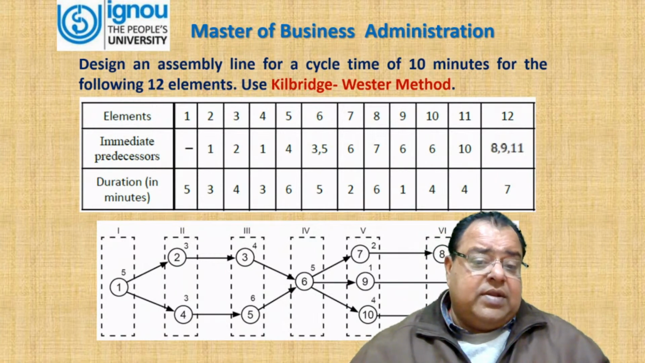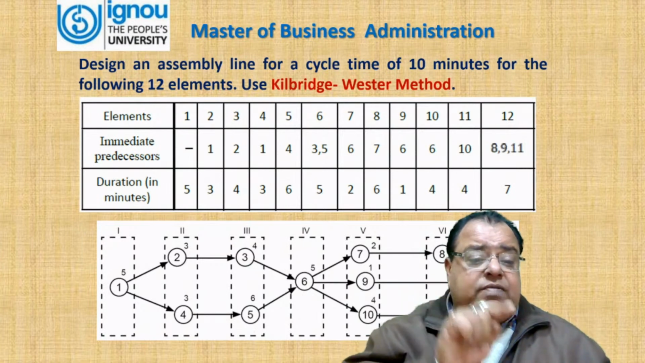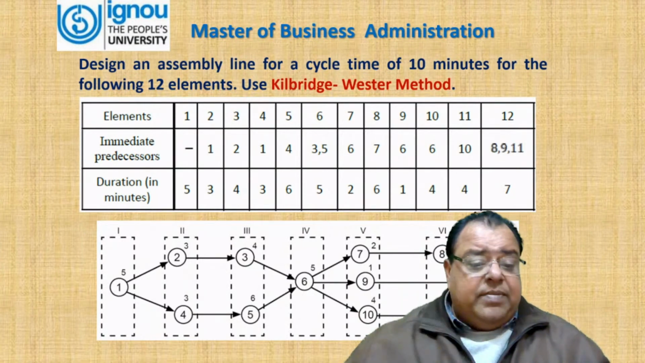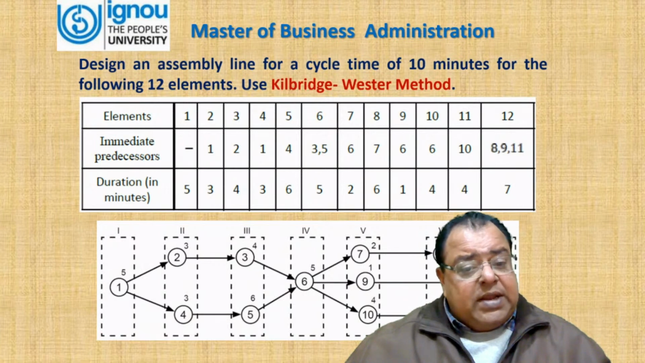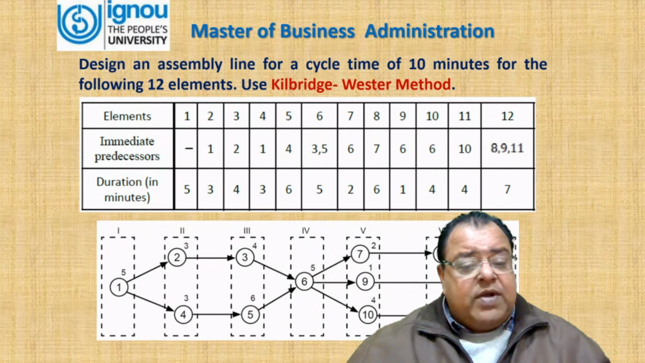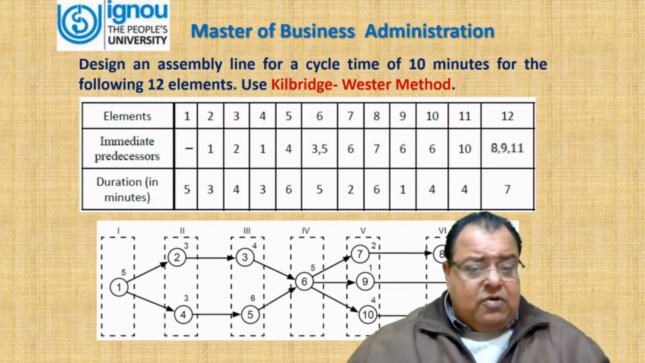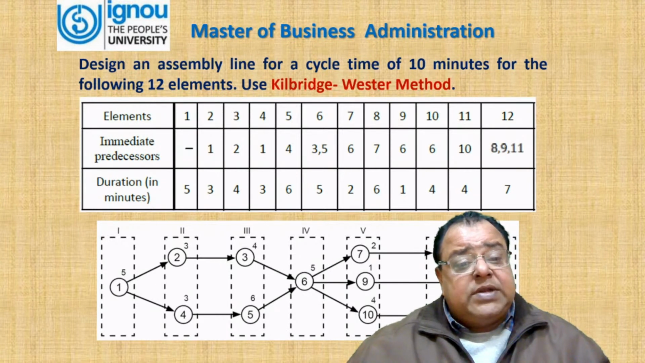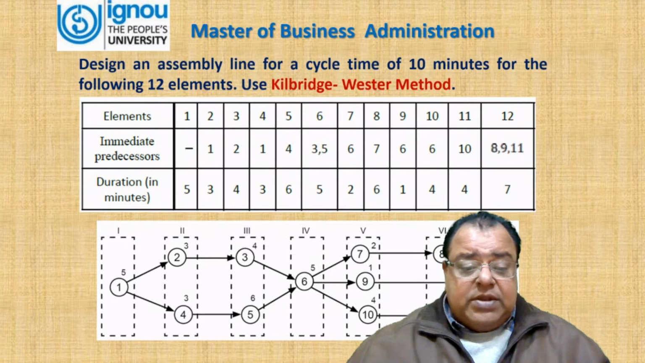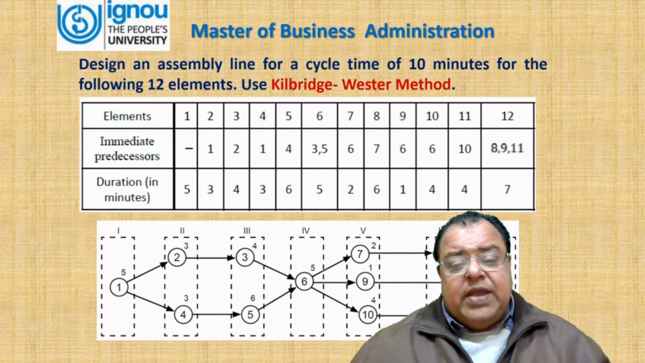We have to see the immediate predecessors of each element. We started with 1, 2. Immediate predecessor of 2 is 1, and for 3, the immediate predecessor is 2. That means 1, 2, 3 will be at the top. And as we move on to element 4, we see that the immediate predecessor is 1, so that means it will come down. And similarly, following all these, we have to